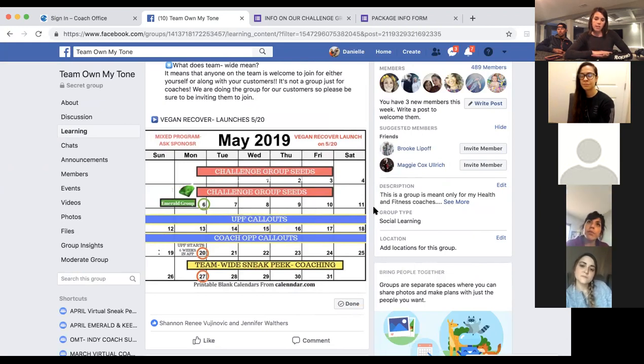New coach training can take you anywhere from 30 days, or it can take you a week, or you can get it done in a weekend. I know Sierra said, I binged on new coach training and got it done in a weekend. And I'm sure she still goes back and looks at things too. It's always going to be open. It's not like, okay, I completed it, I can't go back into it. Yeah, you can. Go back into it. Veteran coaches, Marcy's on here. Marcy, I know, has gone back into it just because she wants to see what her coaches are looking at right now. Okay, so the next thing I'm going to jump into is